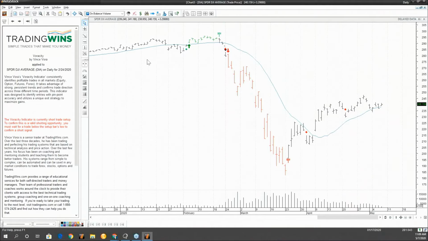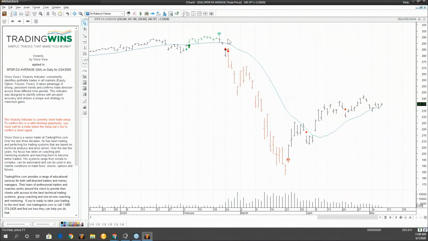As I mentioned in the beginning of the presentation, he has what he calls explorations for setups. And the setup is where you see those diamonds in the charts. That's basically just telling you, hey, get ready to get into a trade as long as it hits the price correctly. So in this case, you want to make sure to set up a limit order is how I would do it. And then once you have that set, you'll put it to the entry. It has to be below the low of the previous bar if you're shorting. If you're going long, then you want to make sure the next bar or candlestick goes above the previous bar's high. So in this case, it did go below the low of the previous bar, and that's why you got an actual short signal in here.